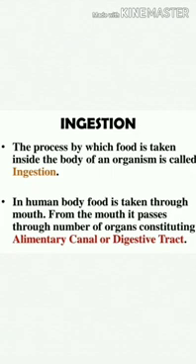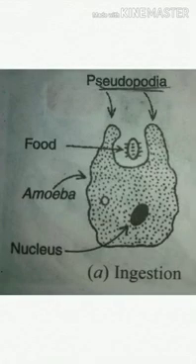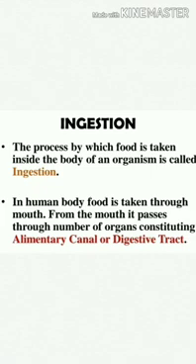What is ingestion? It is a process by which food is taken inside the body of an organism. There are special structures present in each organism for taking food into their body. For example, amoeba takes in food through the false feet or pseudopodia present in its body, and there is a tongue present inside the mouth of a frog through which it catches its prey. In the same way, various organisms have different special structures for taking in the food required for their growth.